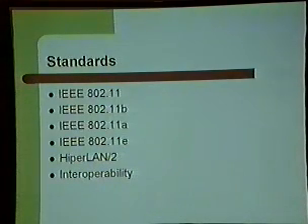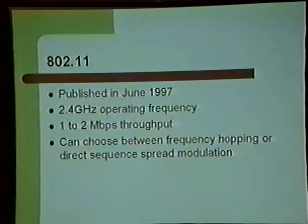So now getting into the standards. The wireless LAN standard here in the US is the 802.11 standard with several augmentations to that with the B, A, and E. Europe has the HyperLAN 2 standard, and then talk a little bit about the interoperability issues with all of these existing standards.